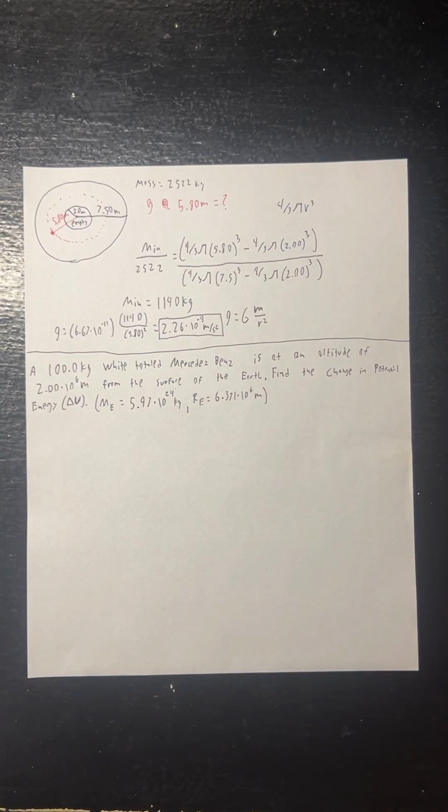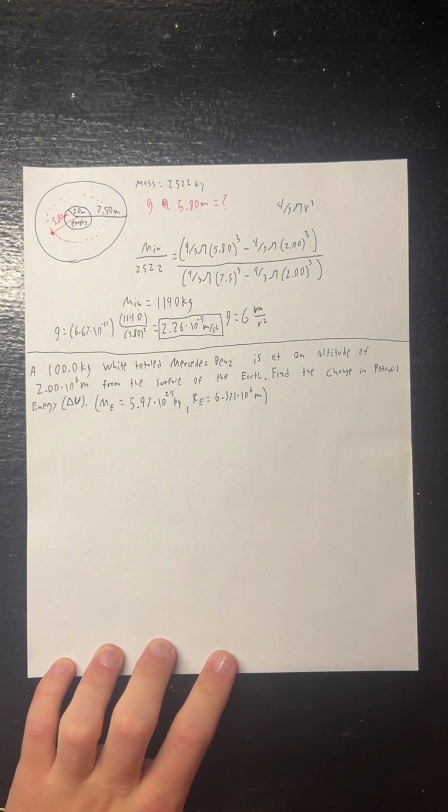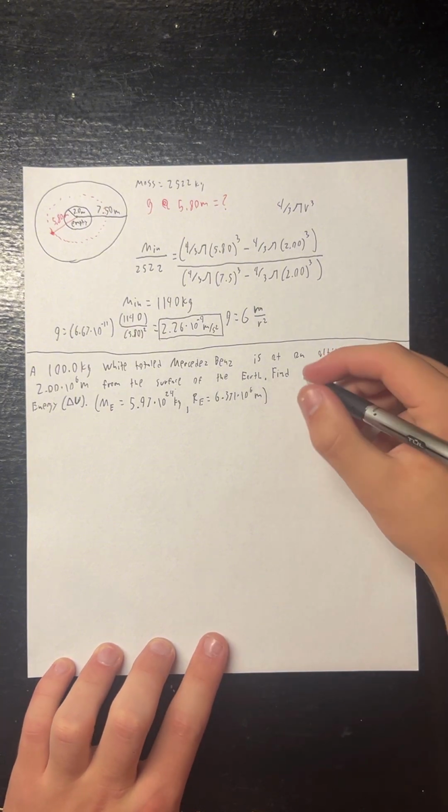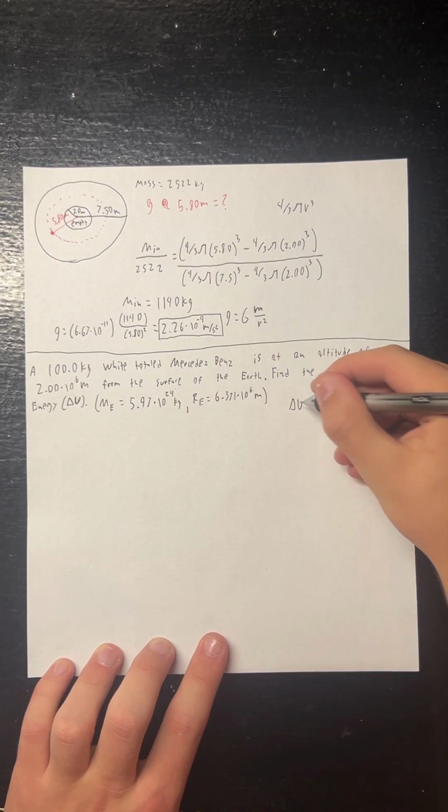Okay, the next question asks a 100 kilogram white totaled Mercedes-Benz, tragic, is at an altitude of 2 times 10 to the 6 meters from the surface of the Earth. Find the change in potential energy, or delta U, and mass of Earth is given and radius of Earth is given. So this question is pretty much testing the U, delta U, which is going to be